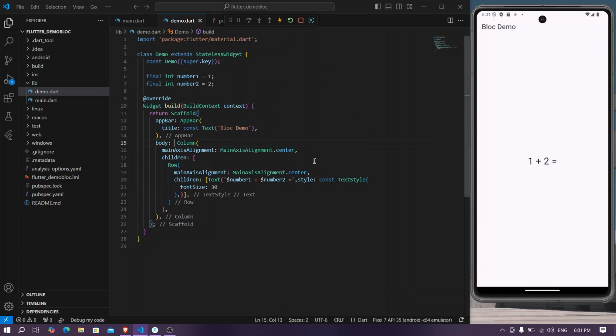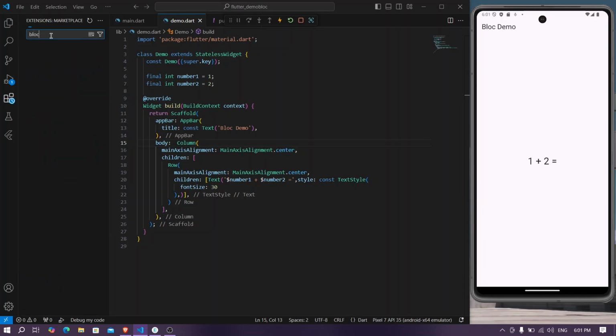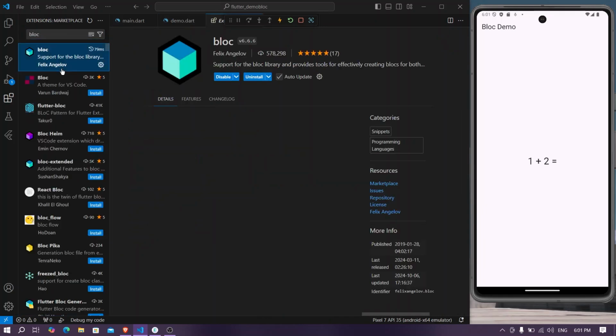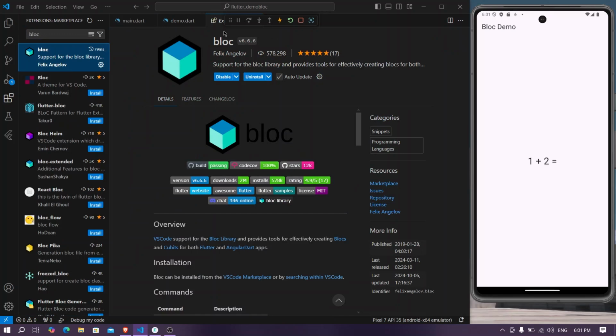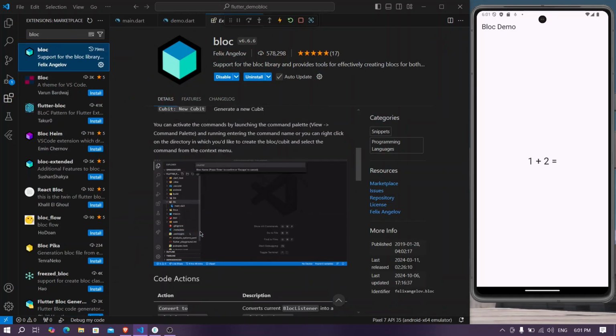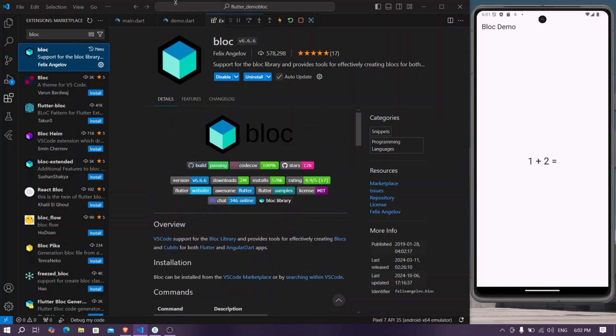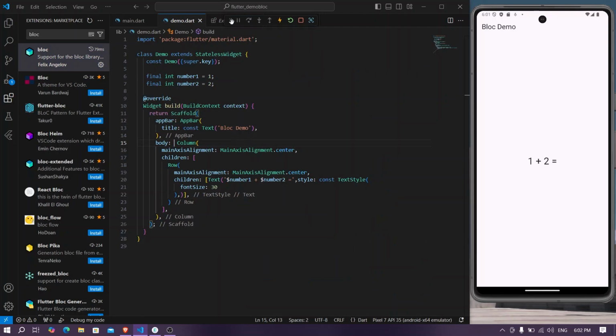So for now we will create a bloc which will have all the business logic for this addition. For that, in extensions you can go and type bloc, and you can install this bloc extension. It is very helpful. You can create your blocs very easily. I recommend you install this extension. Okay, once you have this extension,